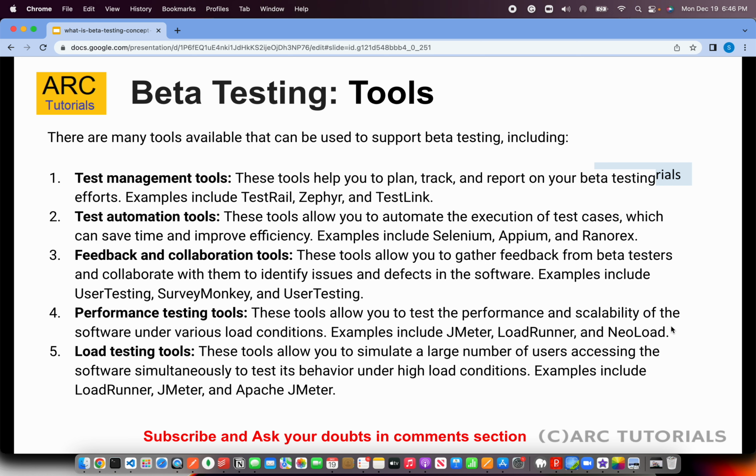Now, beta testing utilizes a lot of different tools. There is no one tool that is used. There are a lot of tools, right from test management tools to test automation tools. Feedback and collaboration tools are extremely important at this stage when you're working with the real users and business teams. You want to conduct a lot of surveys, you want to conduct a lot of usability interviews using UserTesting, SurveyMonkey, etc. At this point of time, the application is also ready to be tested for full-fledged performance,